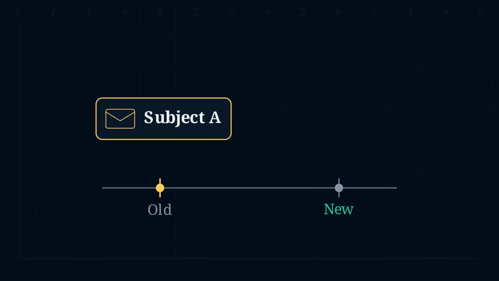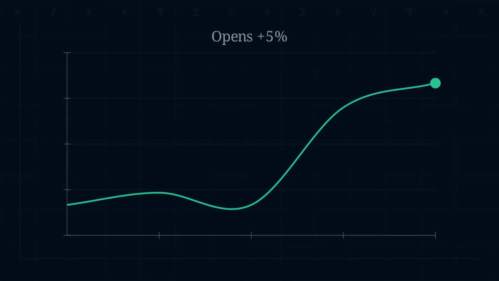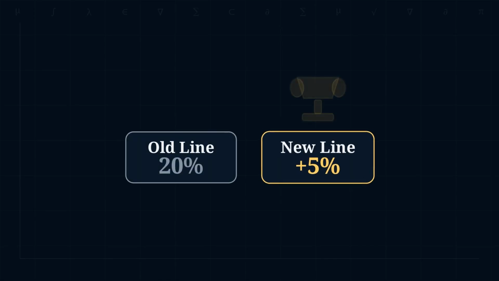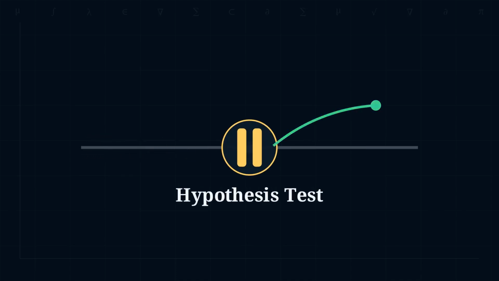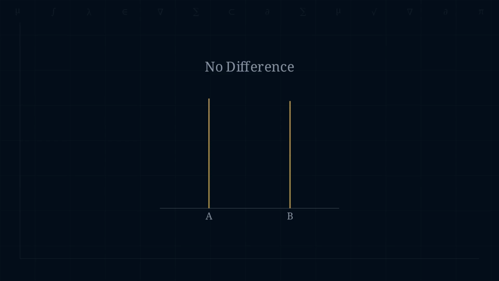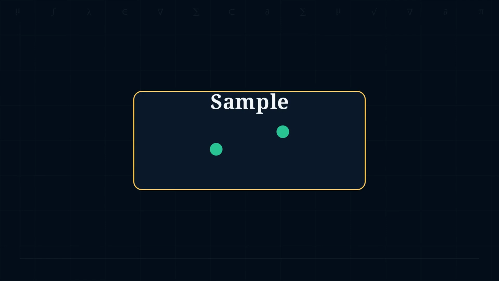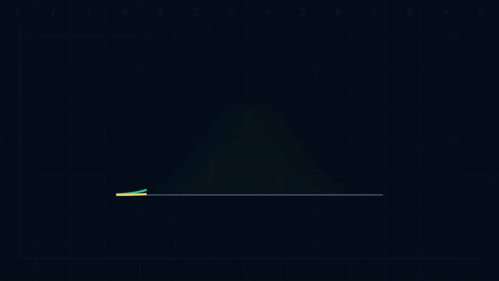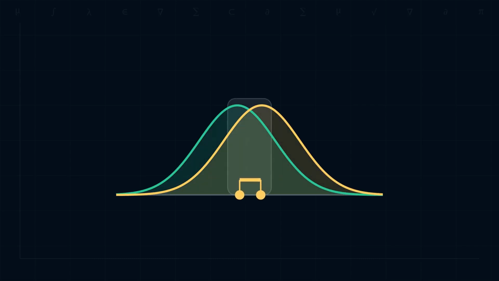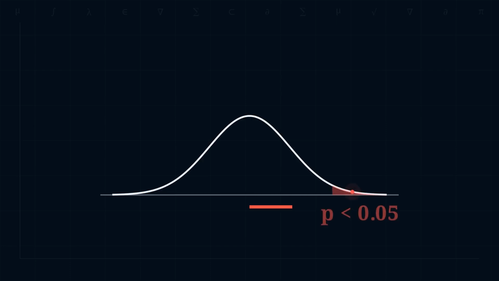Take a familiar situation, you change a subject line on an email, and the initial sample shows a bump of about 5% in opens. You're tempted to declare the new line a winner and roll it out. Hypothesis test pauses that impulse and asks a different question. Suppose there were no true difference, and the apparent bump came purely from who happened to be in the sample. How surprising would this gap be under that no-effect world? If that gap would be routine under the no-effect world, you treat the bump as noise. If that gap would be rare under the no-effect world, you have evidence worth acting on.